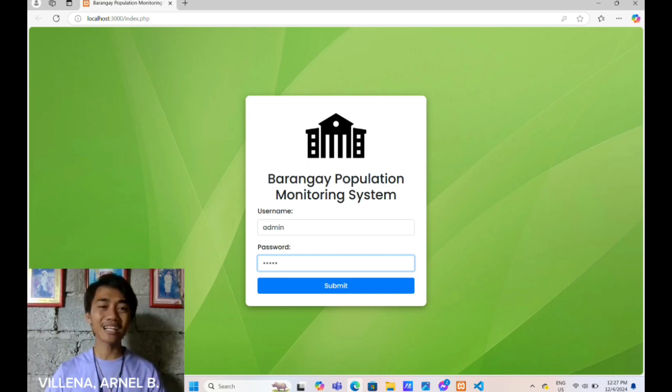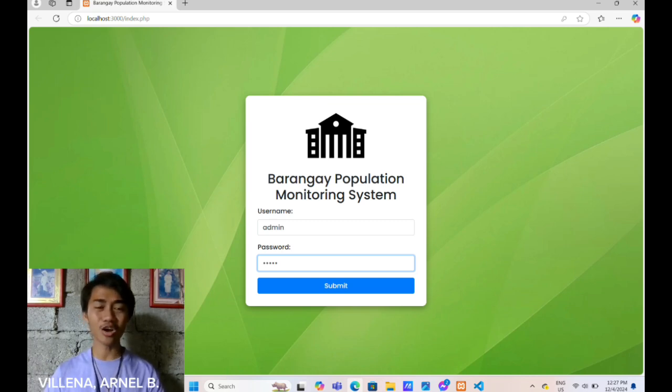The first step in assessing the Barangay Population Monitoring System is the login page. As you can see, the interface is clean, simple, and secure. Here, users are required to enter their username and password into the designated fields.